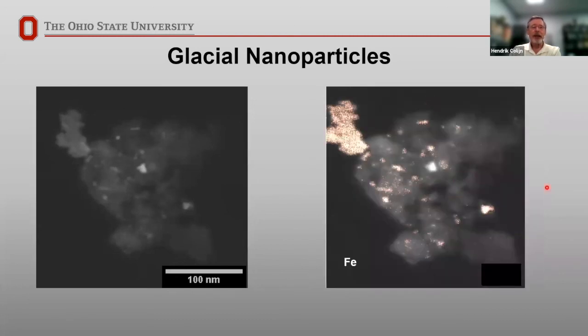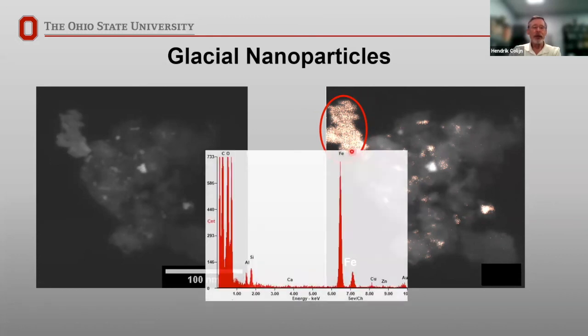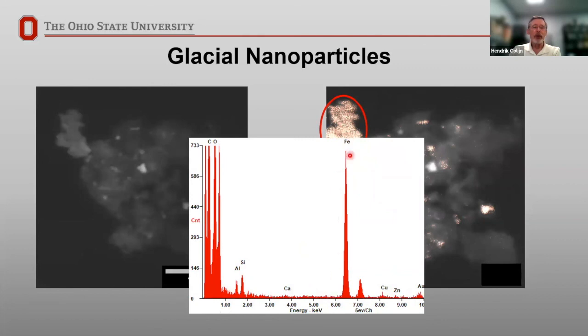It turns out that it's very rich in iron. So that's an iron oxide, because this also showed very strong oxygen. And you see that many of these bright spots in the silica matrix are made of iron. So it has a lot of iron dust in this, iron nanoparticles. But not all the particles light up. Having a spectrum image, I can select these pixels in my image and come up with a very nice spectrum showing this high iron signal coming out from that area.